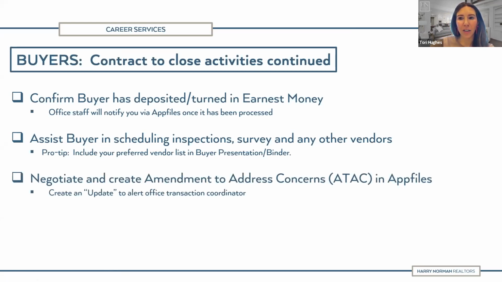After you have the inspection, while you're in your due diligence period, you'll want to negotiate and create the amendment to address concerns in app files. You'll want to negotiate this with the sellers to find out what they're going to cover if you are going to negotiate any items. And then once you do that, you'll want to create an update to alert your office